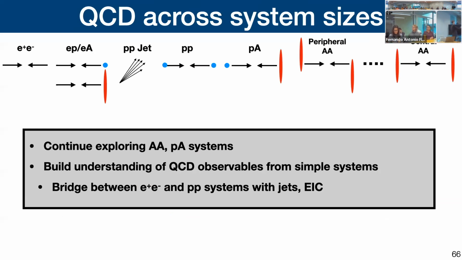So I think we can add electron-proton and electron-ion collisions kind of here. And by building understanding of cold nuclear matter and of hadronization, that will help us bridge from these simple systems to the more complex systems, right? Overall, we want to construct an understanding of QCD that will apply in all of these collisions. So I think we should continue exploring, by all means, large-scale systems, right? There's a lot of interesting new things being proposed. They're very exciting, but we can also do work down here.